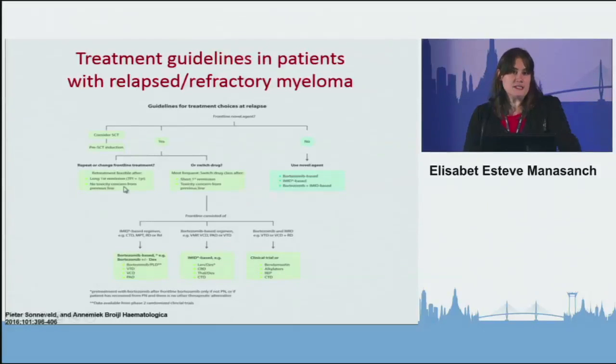Especially if there's no toxicity, so they don't have any pre-existing neuropathy for bortezomib, they don't have any heart disease for carfilzomib, etc. You could also switch drugs. Sometimes doctors just switch to a different class. So if you had an IMiD-based, you go to a bortezomib-based. If you had a bortezomib-based, you go to an IMiD-based. And then if you had both, then we try alkylators, or we do clinical trials, or we try newer classes of proteasome inhibitors and IMiD, such as carfilzomib and pomalidomide, and so on.